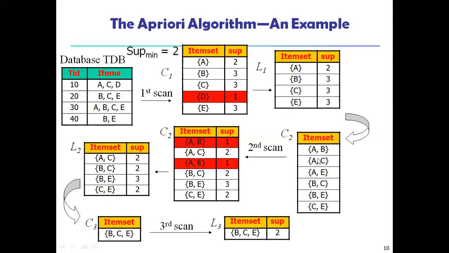Now with these combinations you have to check in the database how many times A and B have happened together. Here A is there but B is not there. Here B is there, A is not there. But here A and B are coming together. So I am writing AB as 1. And here there is no AB, so the value will be 1.